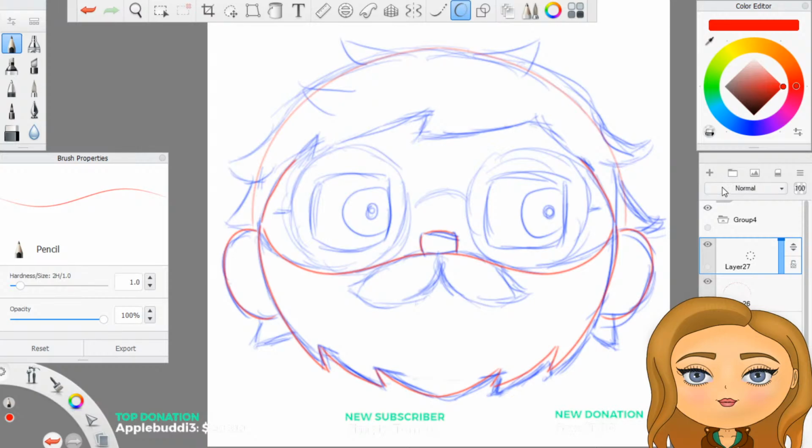Although, I'll tell you what I can do symmetrically is like these two down here.